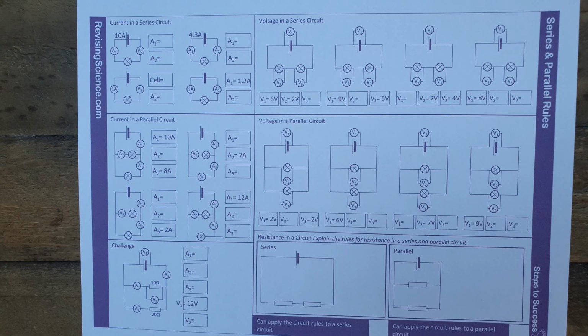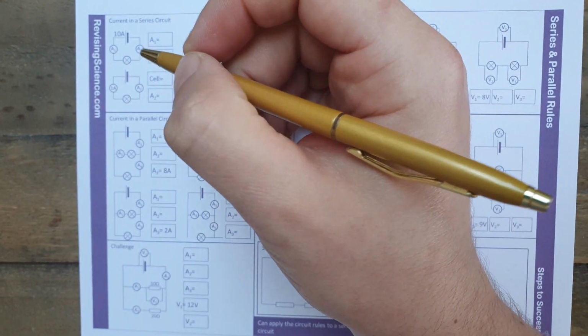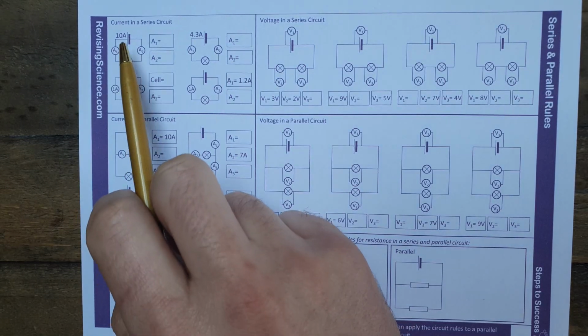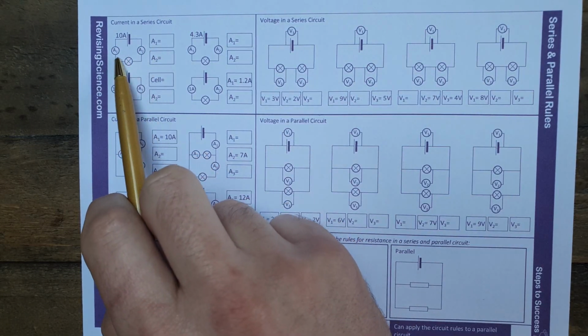In this task, we're going to look at the current, voltage and resistance in series and parallel circuits. It might be a little bit small, but hopefully you've got your sheet in front of you to have a look at as well. So we start up in the top corner, over here. Current in a series circuit, well, the rule for current in a series circuit is it's the same anywhere in